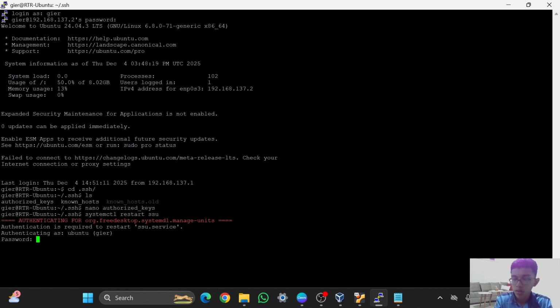Oh, sorry guys, right now I've successfully imported the public key from my host OS, and I think I can remote it later. First I will try to restart the SSH. I kind of forget how to restart it.